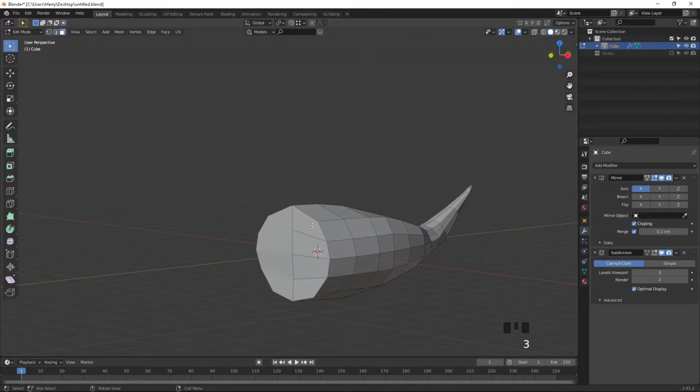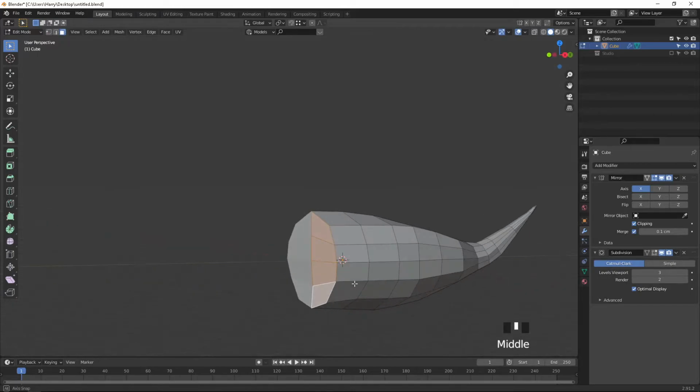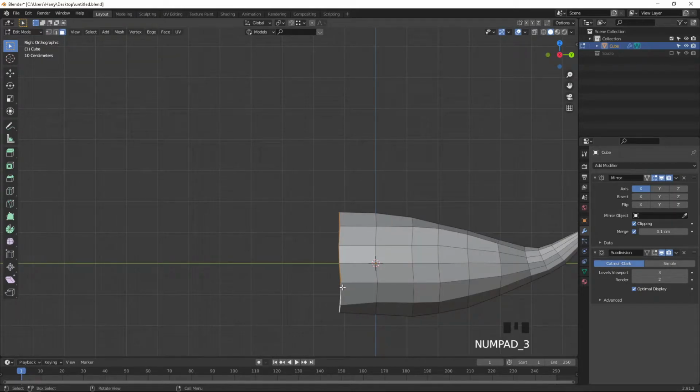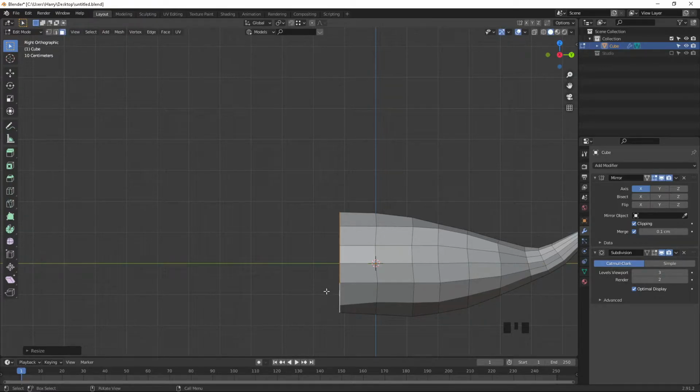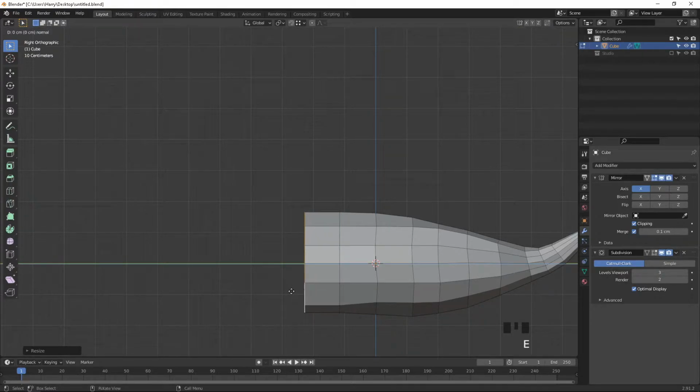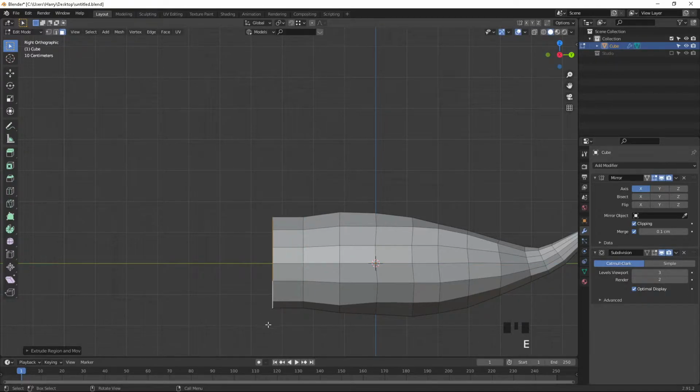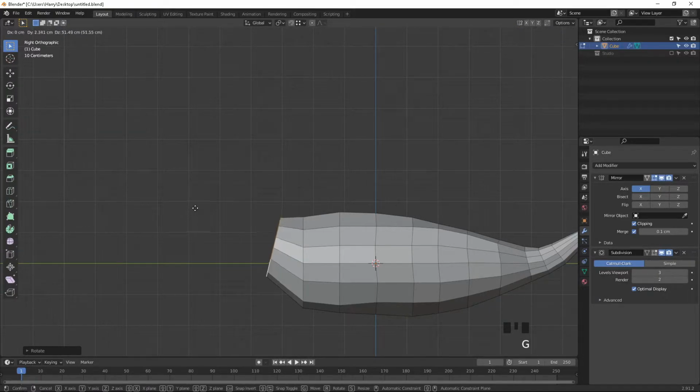Okay, press 3 on the keyboard, select these vertices, select these faces and scale Y axis, press 0 to align and E to extrude. And scale it slightly little bit down and E to extrude, scale it, rotate it, press G to move.